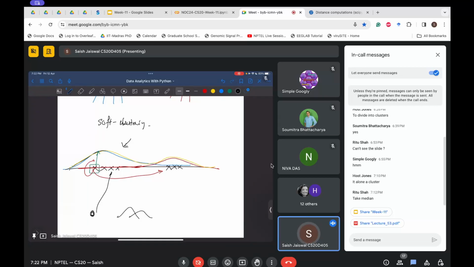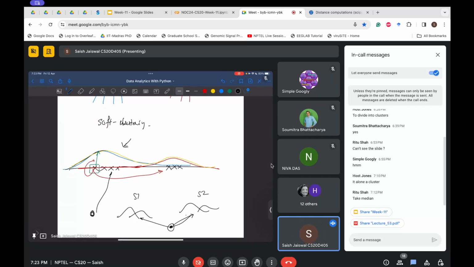Let's say I have species 1, I have a Gaussian mixture model for that. I have species 2, I have a Gaussian mixture model for that. And given the unknown data point, I compute the likelihood with respect to this Gaussian mixture model and with respect to this Gaussian mixture model, and whichever gives me the maximum likelihood, I assign that data point to that particular class. So this is one of the applications